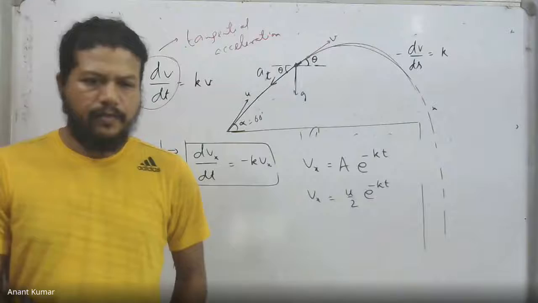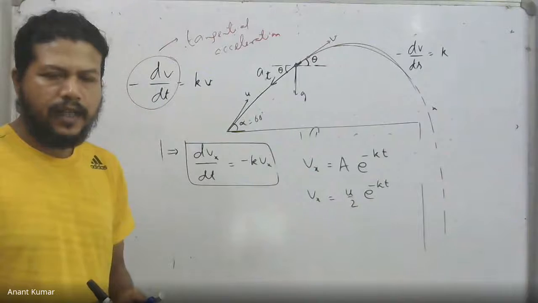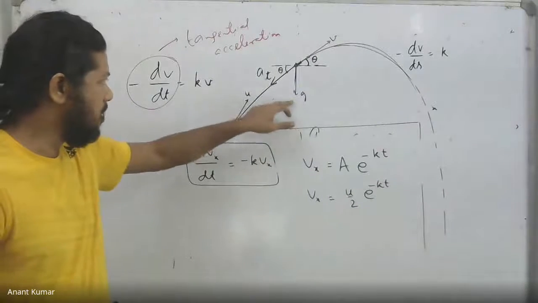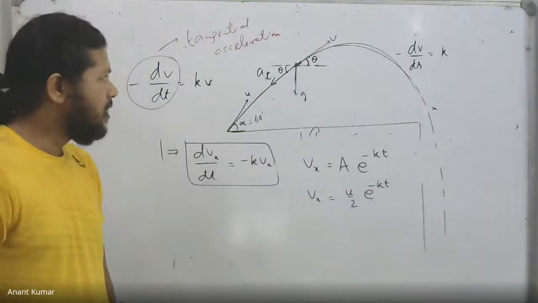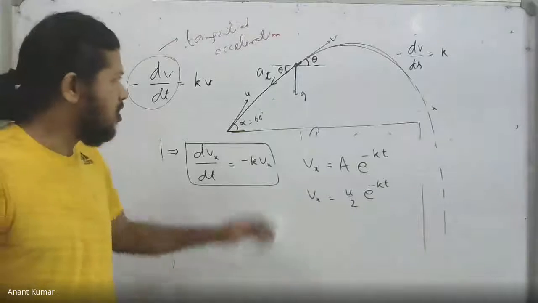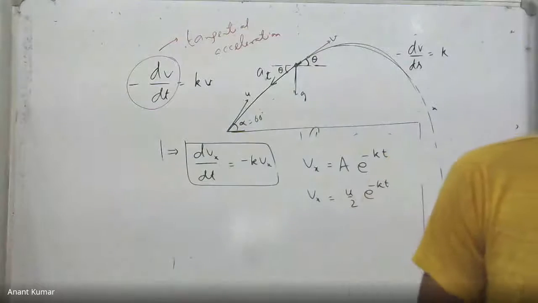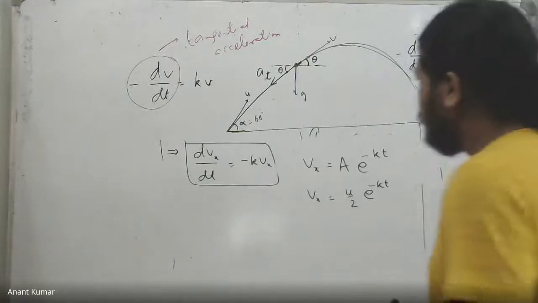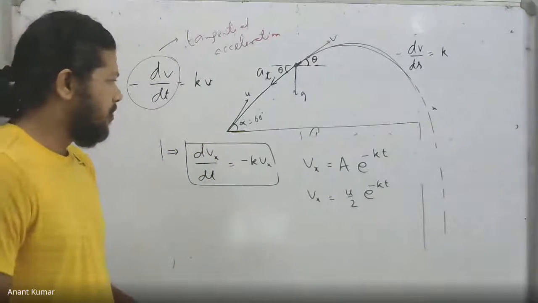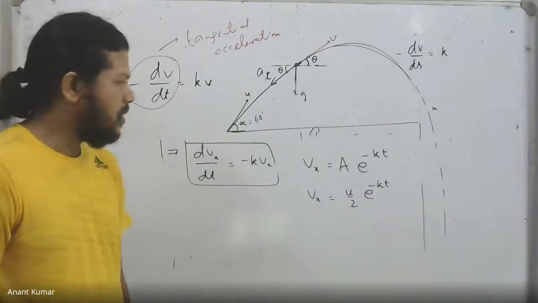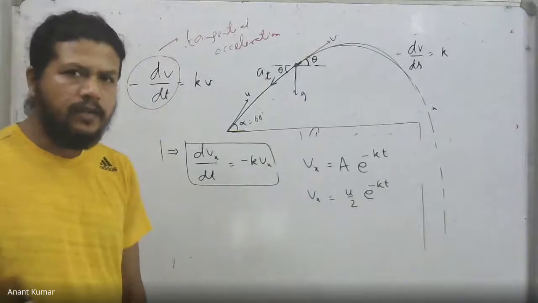If on the other hand I consider the y displacement, it is not as simple, by the way, because in the y direction there is one acceleration called g, obviously, but the drag will also have a component in the backward, downward direction. So the net acceleration along the y direction turns out to be minus g minus a sine theta, which gives rise to minus g minus k into Vy. That is what the equation turns out to be. We will not solve it, by the way, but I solved it earlier, and I actually end up getting the value of Vy as well and Vx as well.